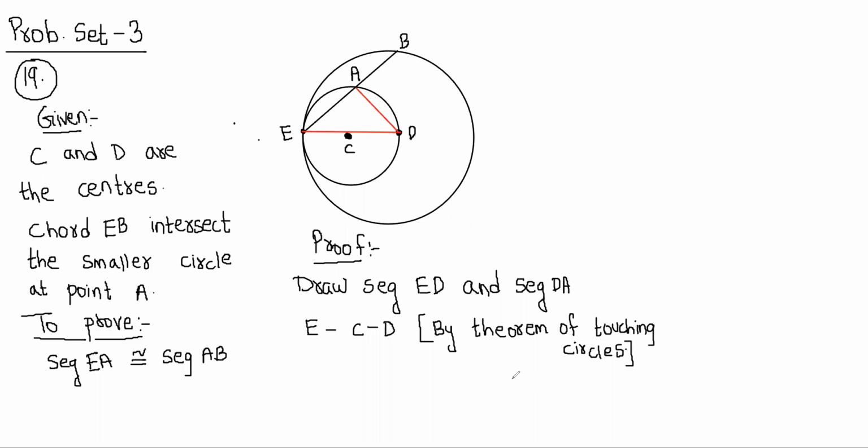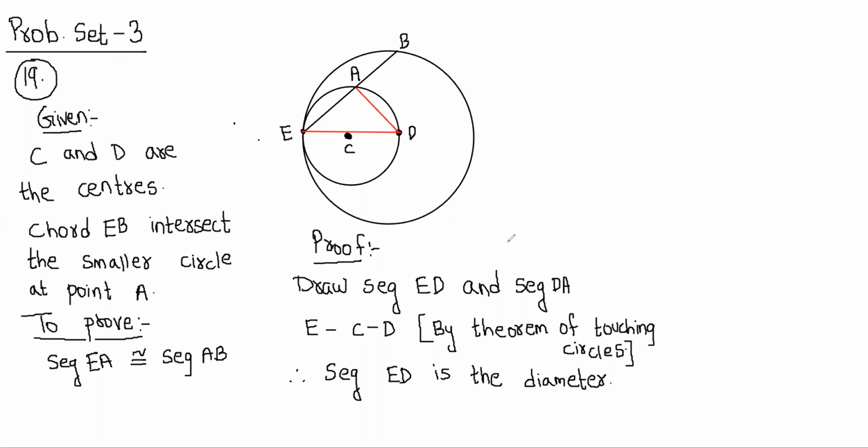Okay, once we write this, next, ED is the diameter. It is passing through the center. So we are writing therefore segment ED is the diameter. And if a diameter makes an angle anywhere on the circle, what is that angle? That angle is 90 degrees. We studied this last year: in a circle, if a diameter is subtending any angle on the circle, that angle is always 90 degrees.